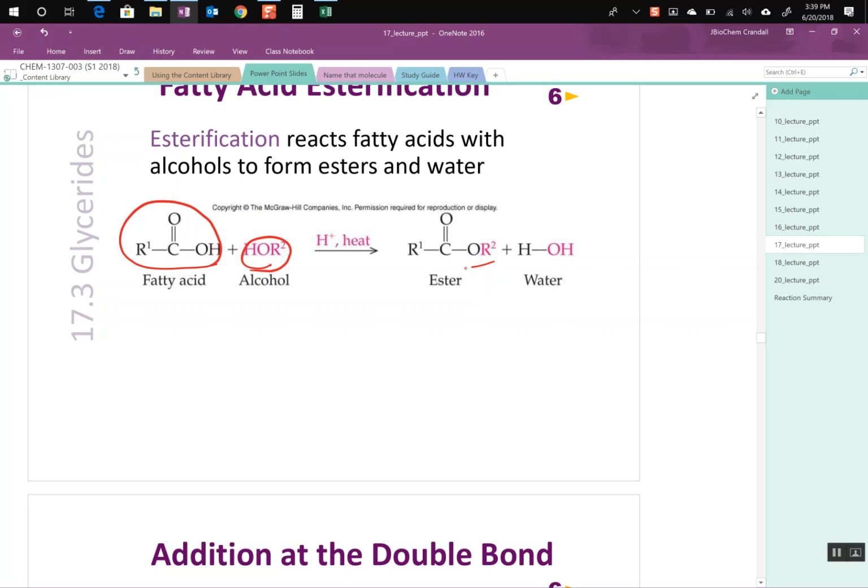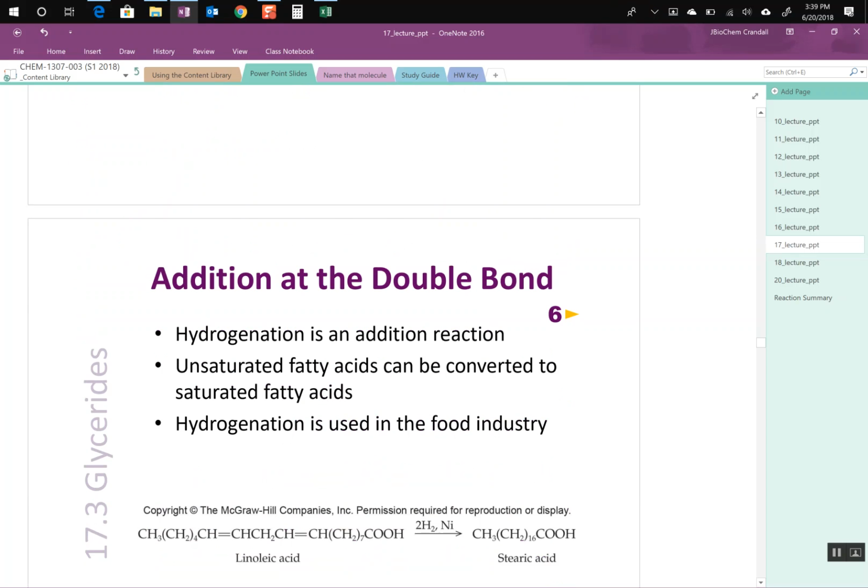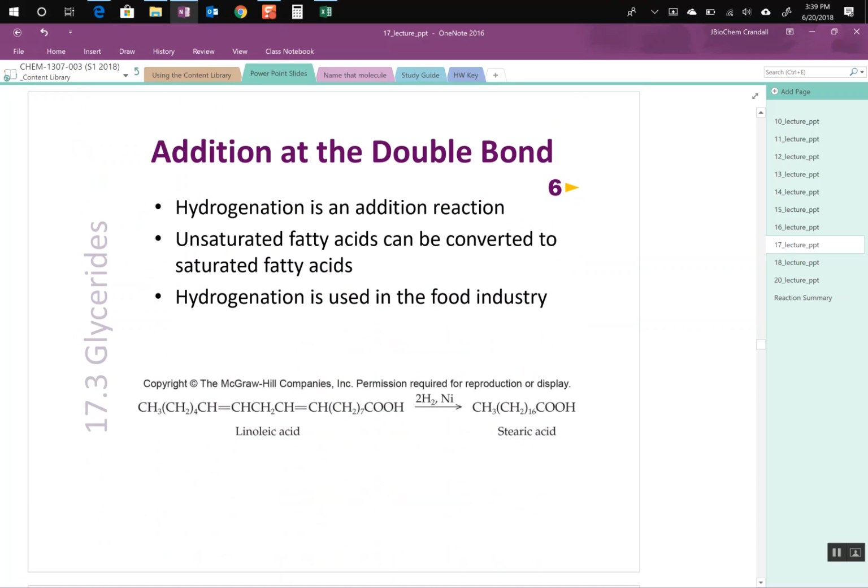You're going to create that ester group that's going to get added to this glycerol molecule, and then you'll have these ester groups with these fatty acid chains coming off of them, forming these glycerides. Okay, so